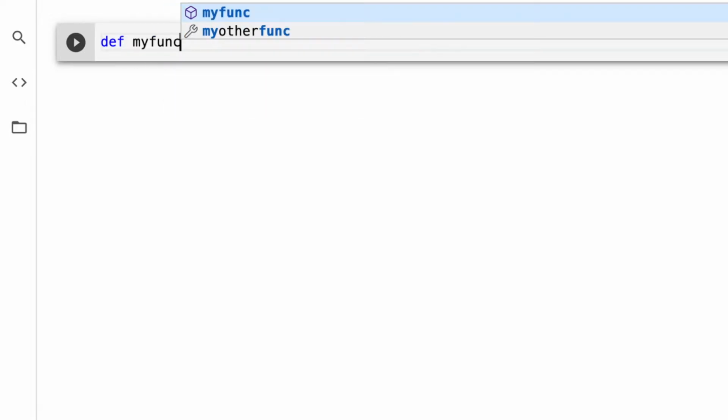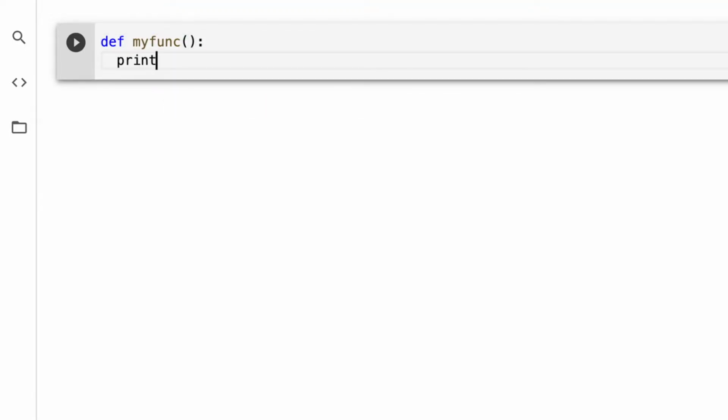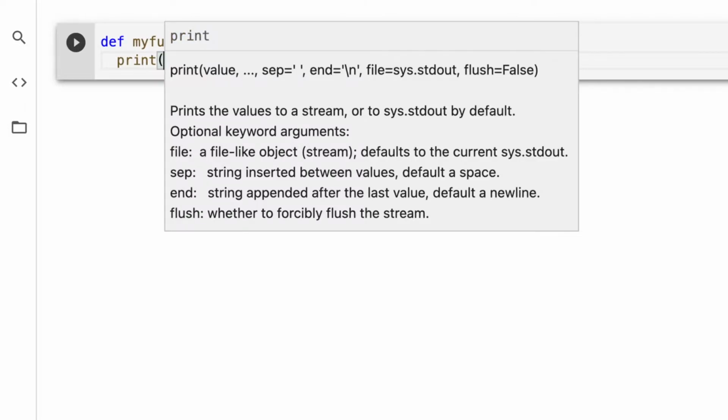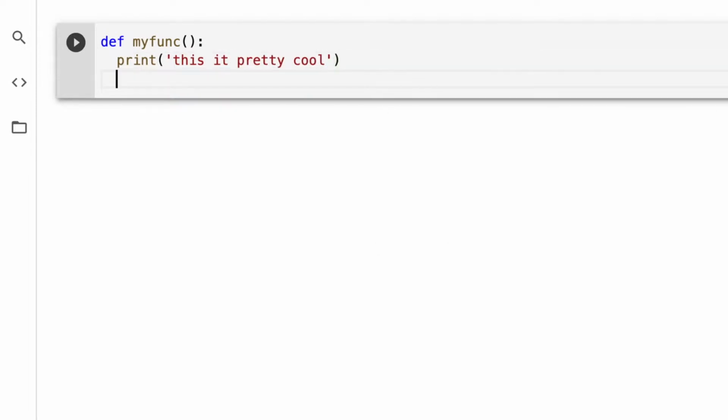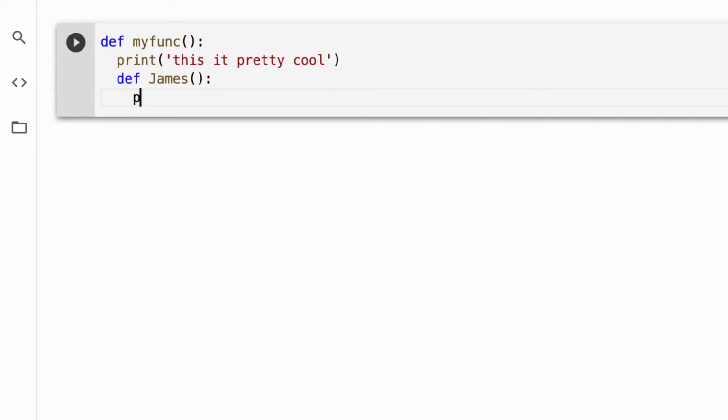I like to break it down as we go, and hopefully it will make much more sense that way. So let's say I have defined my func, and then we can immediately say that when I call this bigger function, I could say print this is pretty cool. And then I want to call my inner function, define James, just randomly. And then, just for diversity, instead of saying print so many times, we could say return